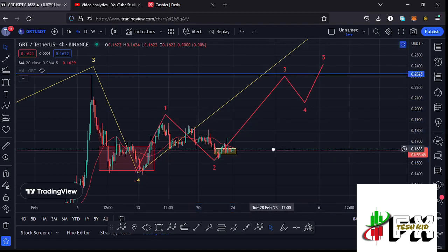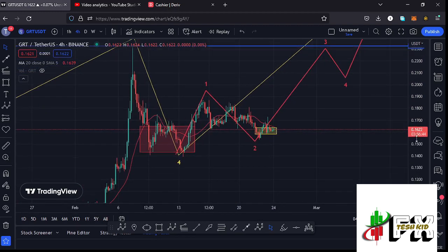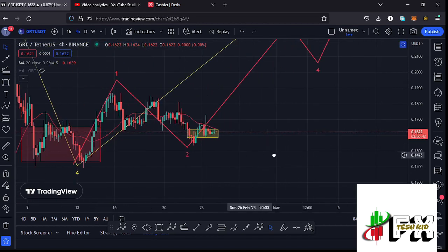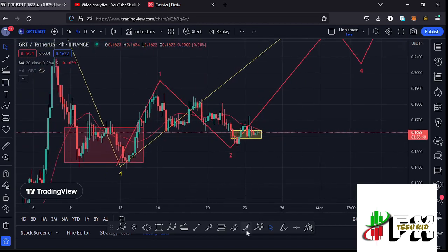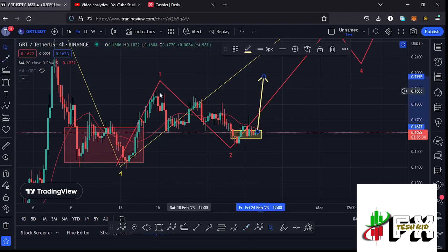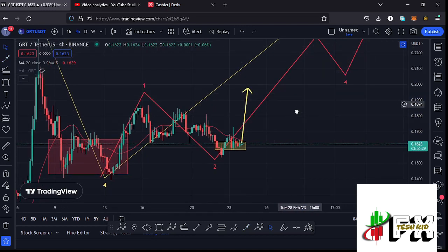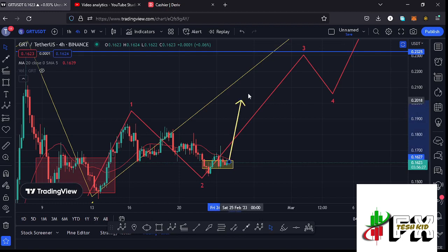But for this move to also play out, there are key moves that we need to continue watching, and the first one is a break above the 20-day MA. The moment we manage to break above the 20-day MA, we have the support that we need to continue gearing up and also see a break above the wave 1 high at around the $0.187 mark, then that will be enough confirmation that we are back in the formation of this wave 3. But in case we continue holding below the 20-day MA, and continue holding within this yellow